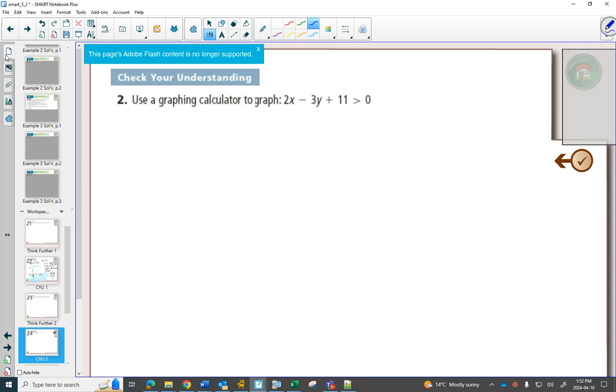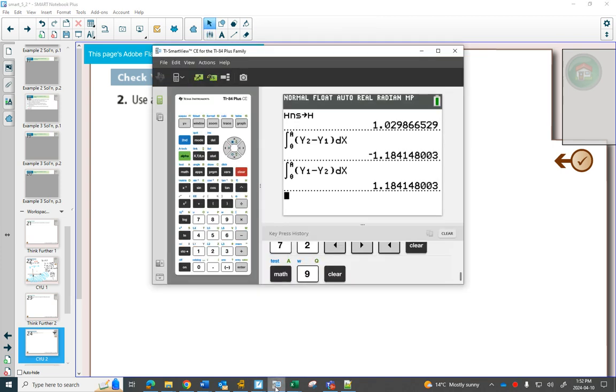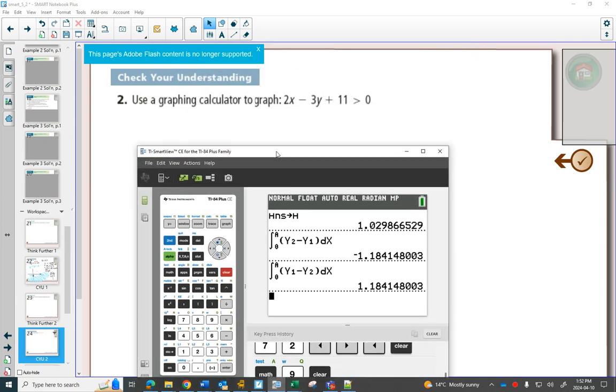And it starts off with using a graphing calculator. We can do this one using a graphing calculator or without. Some of you have your graphing calculators, and some of you only can use Desmos at home. So if you take out your graphing calculator, what you could do is you could type this in, but when